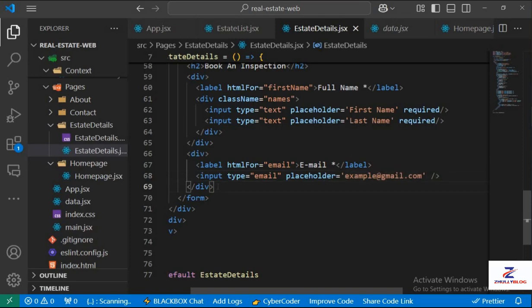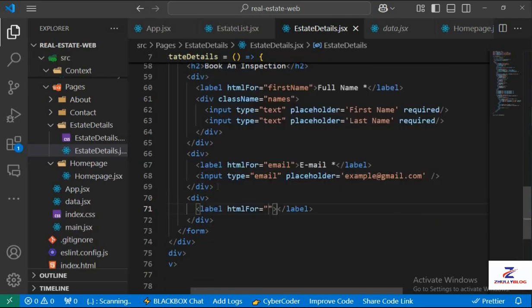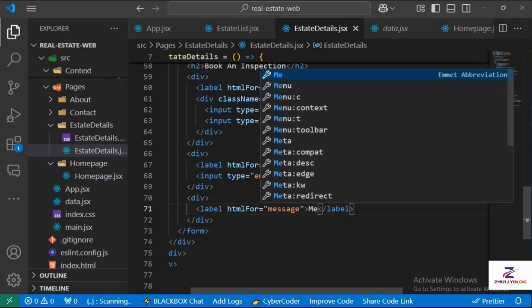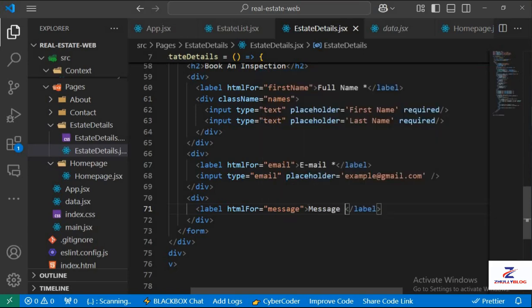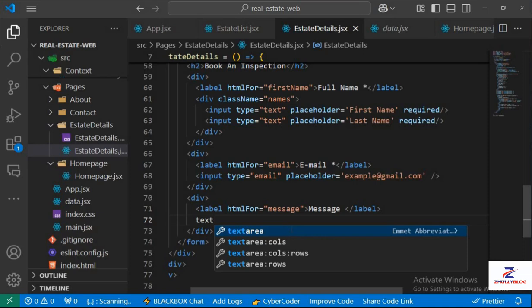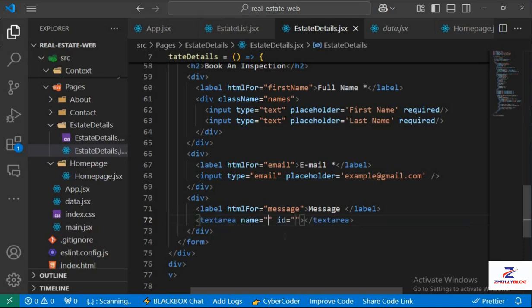So after the email container, we need the message box itself. So in the message box, we're going to have our label for message. And here, we're going to have message. Then we're going to have the text area. The name is message. And the ID is message as well. And the placeholder is going to be hi, I'm interested